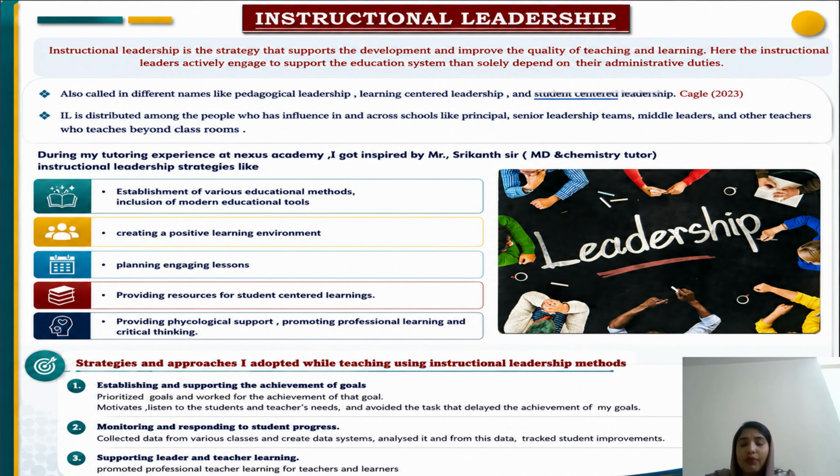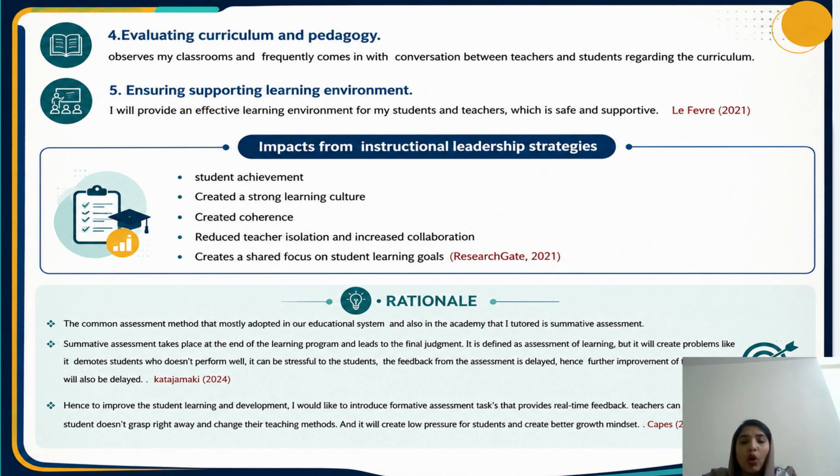From the inspiration and after understanding the instruction leadership method, I adopted certain strategies. I prioritized goals and worked for the achievement of the goals, collected data and worked for student improvements, promoted professional teacher and student learning, and critically observed my classrooms, and I would like to provide an effective and safe learning